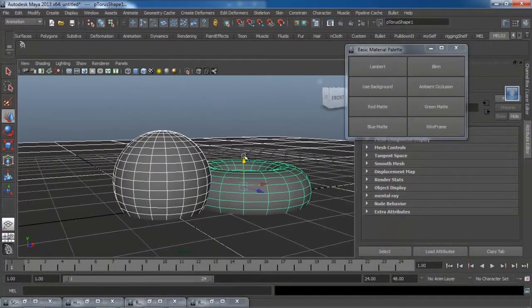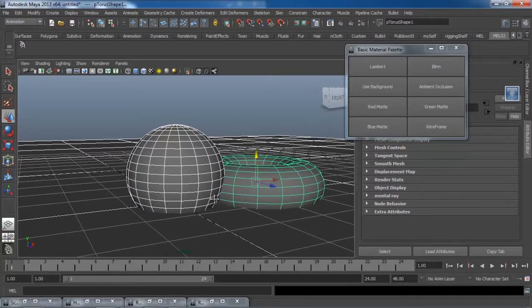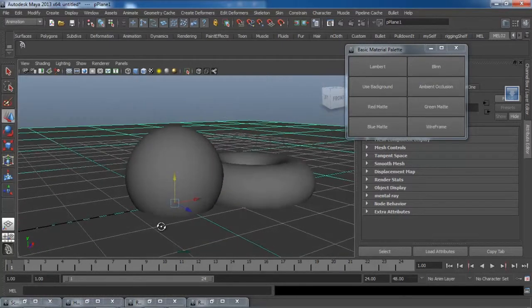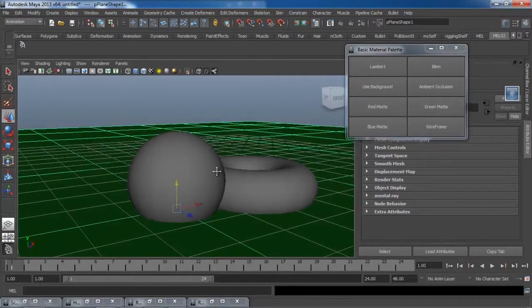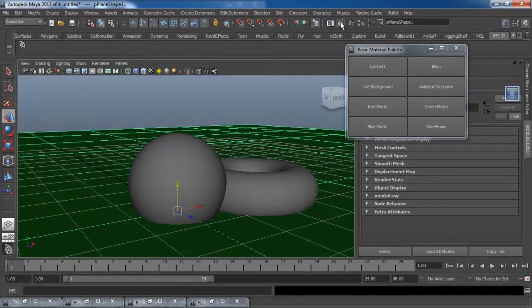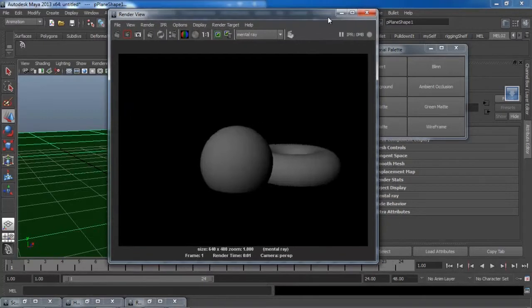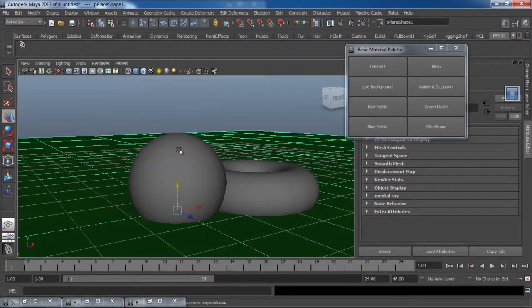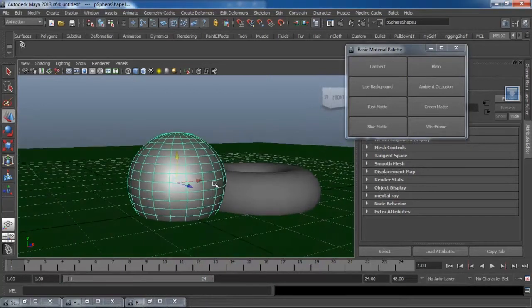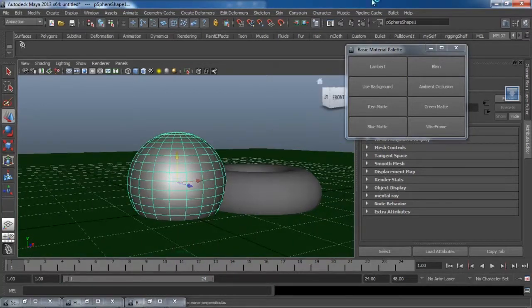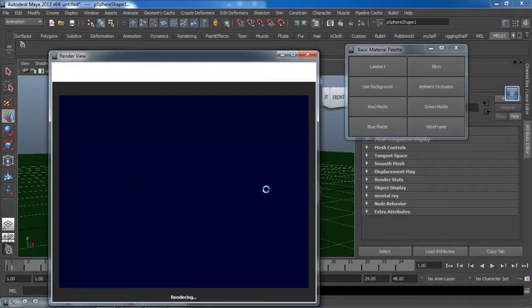Okay, so some other features are there. We'll select this plane and click on use background. In this way we can apply a background shader to it, which is really beneficial for FX artists. Then select this sphere and click on this blend. Okay, let's see this.